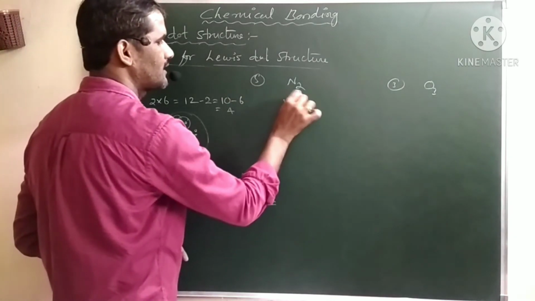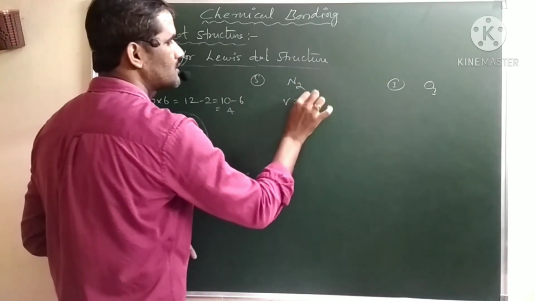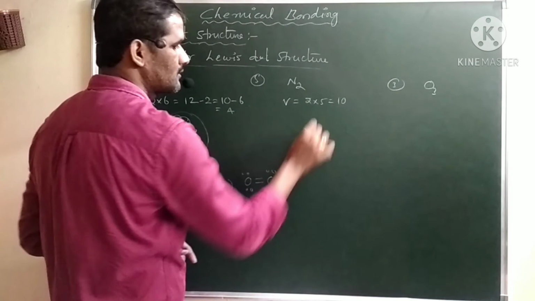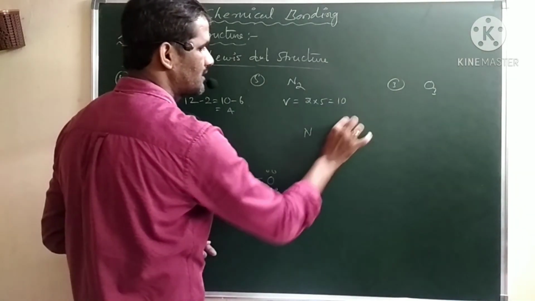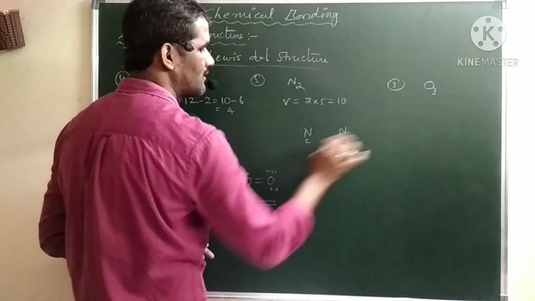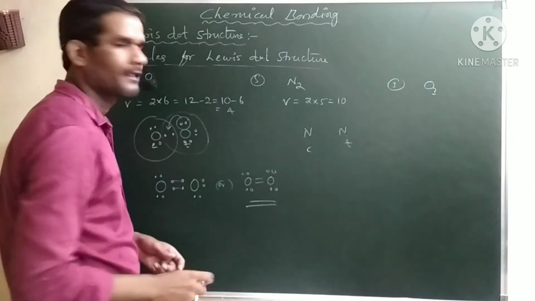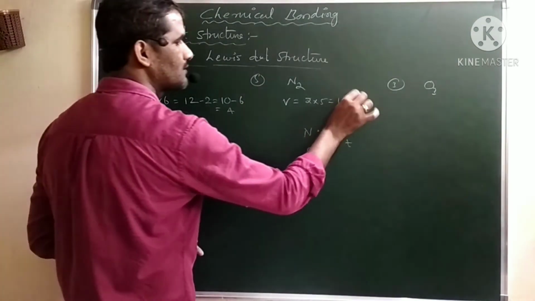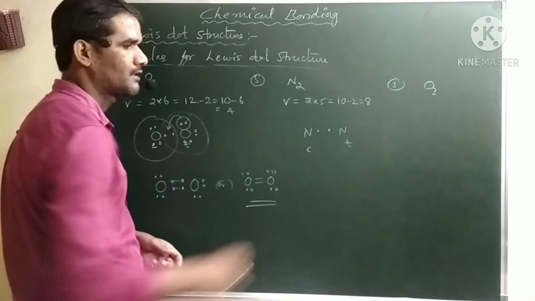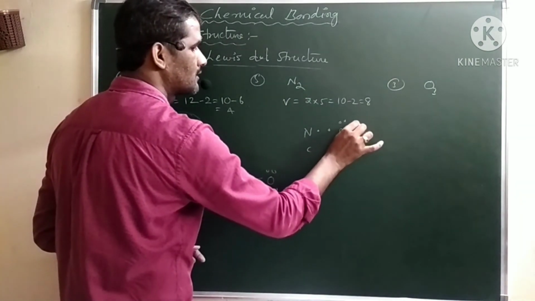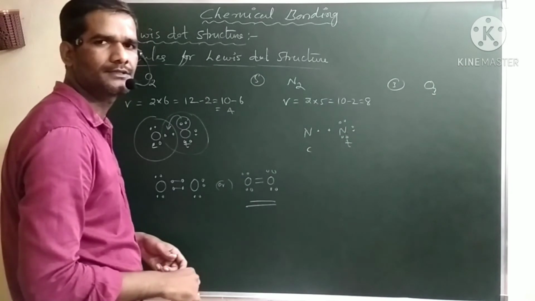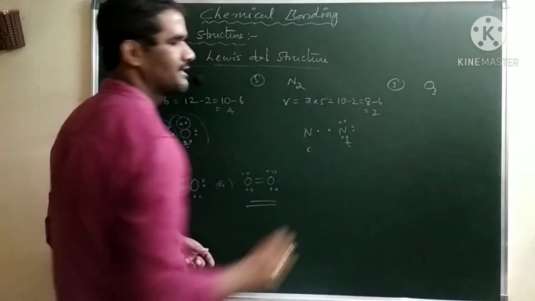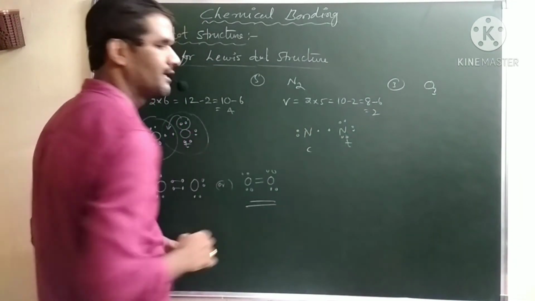Similarly, nitrogen valence electrons, and 2 nitrogens, 2 into 5, 10 valence electrons. Again both are the same, you can take any one as a terminal. This is a central and this is a terminal nitrogen. First keep a pair of electrons between the 2 atoms. Now if we take 2, 8 remain. The terminal nitrogen has only 2 electrons. We have to keep 6 electrons, and that will give now 8. If you take 6, 2 more electrons remain. The 2 electrons we have to keep here.